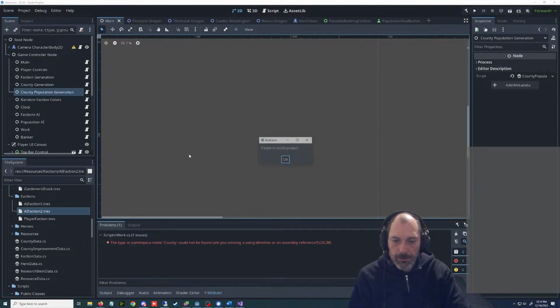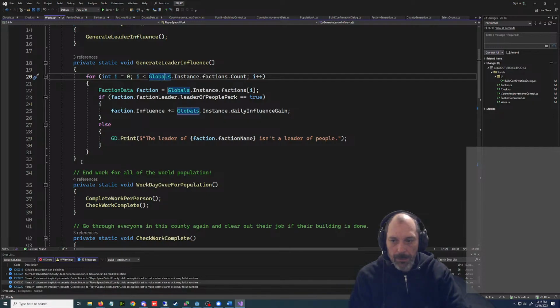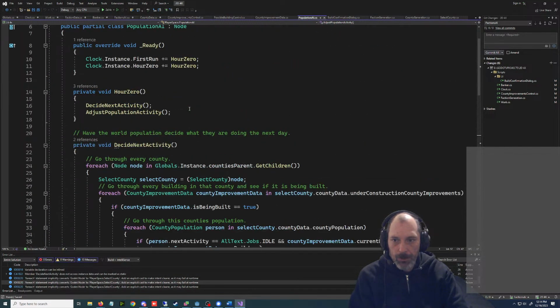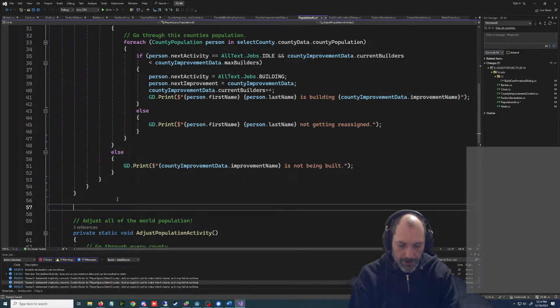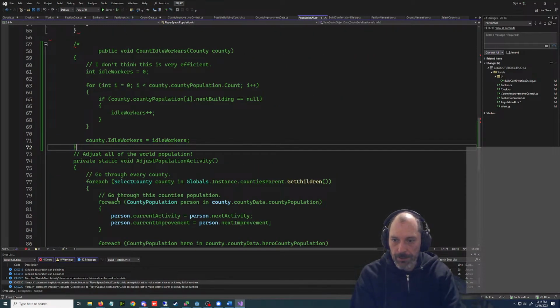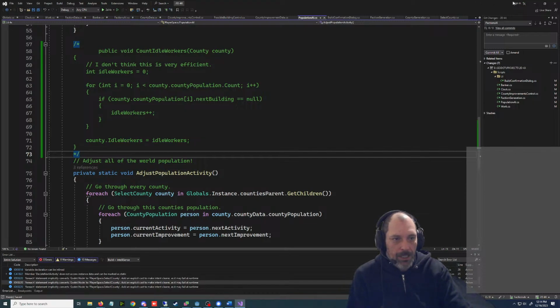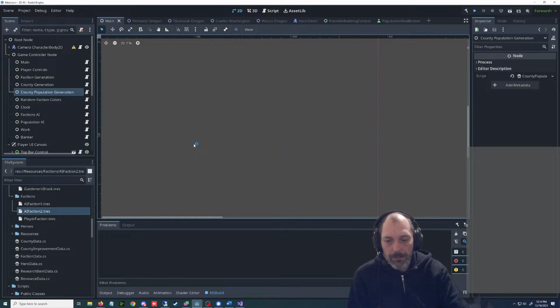So we need to pause this. Oh, whoops. I just copied it and pasted some garbage, but I didn't save that. This is population AI. It's still on my clipboard somewhere. I don't even know if we're going to need this, though. I'll just stick it here temporarily. Not twice, though. I feel like this code is dated, and we'll probably want to write new code.